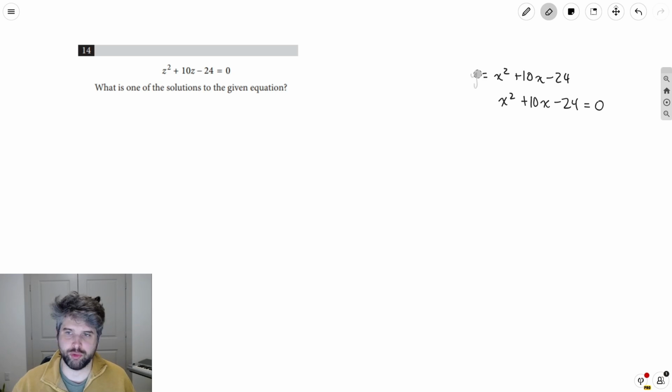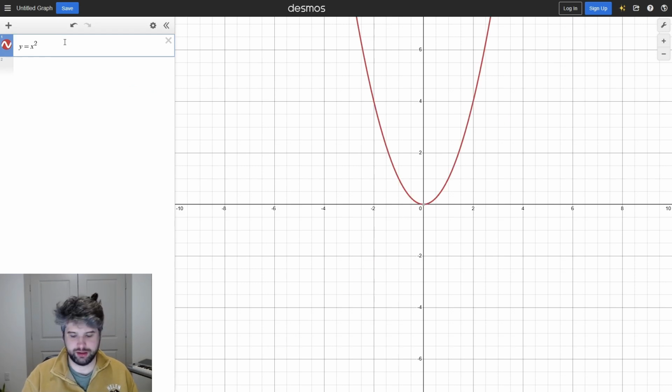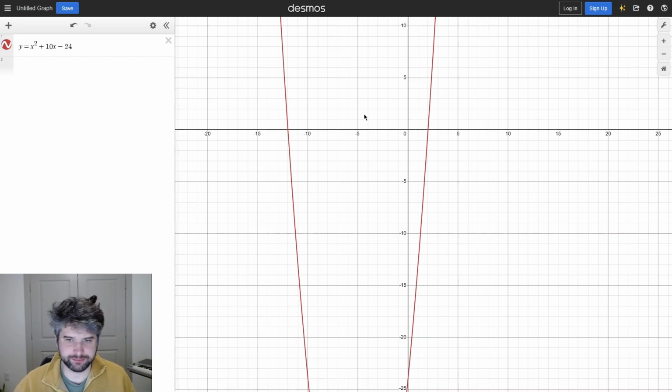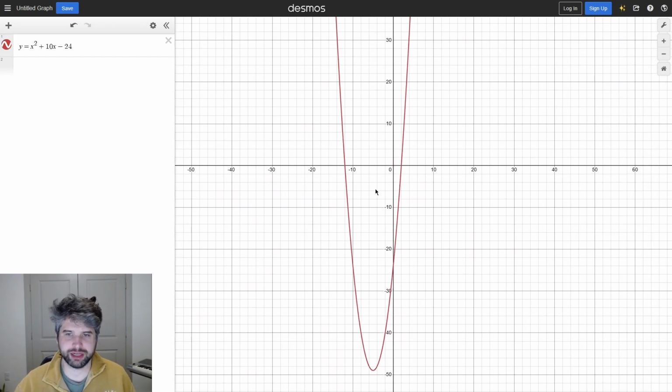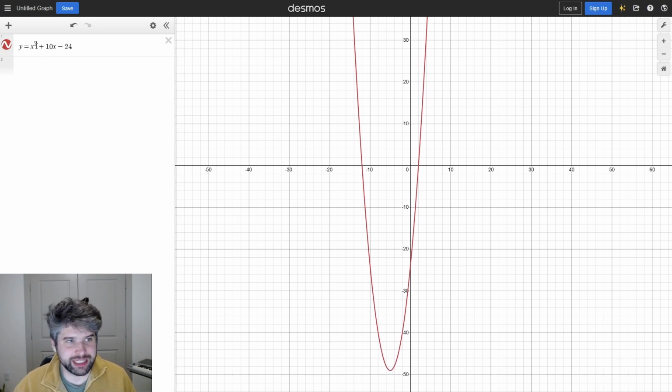And I'm going to plot the y equals version of this. So y equals x squared plus 10x minus 24. All right. We can zoom out a little bit. We get a better view of this parabola. It opens upward because the leading coefficient is positive. In other words, the number that's beside the x squared, it's like a 1 here, for example, that's positive, so